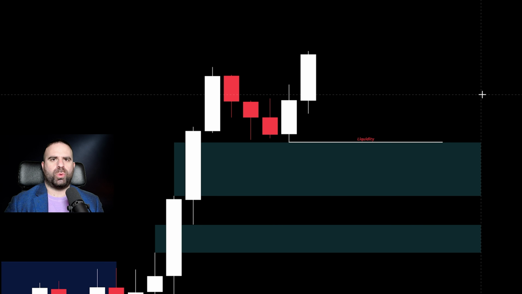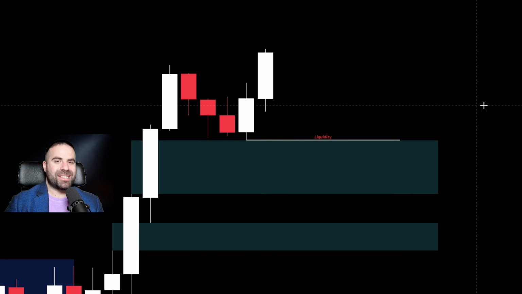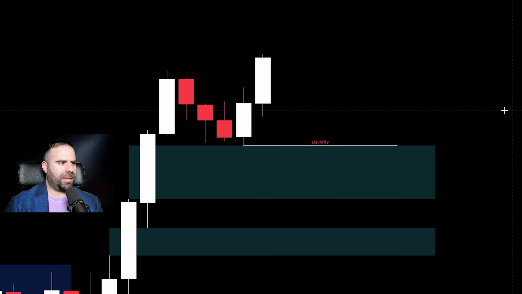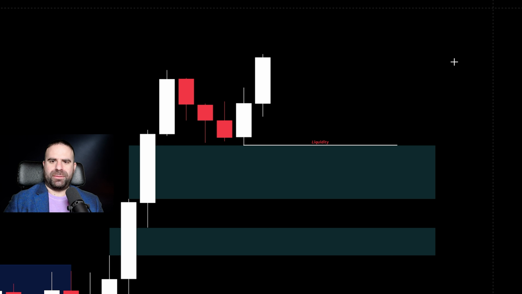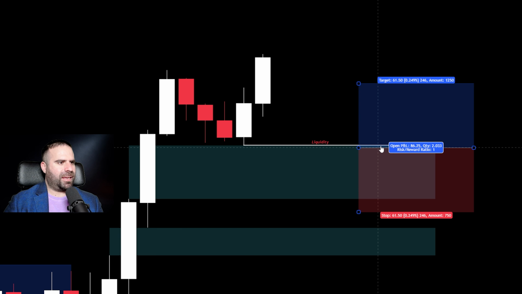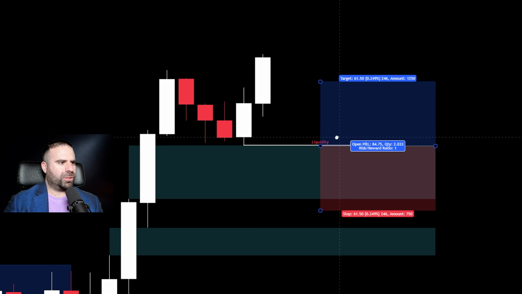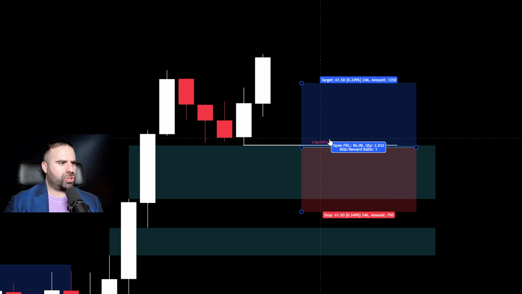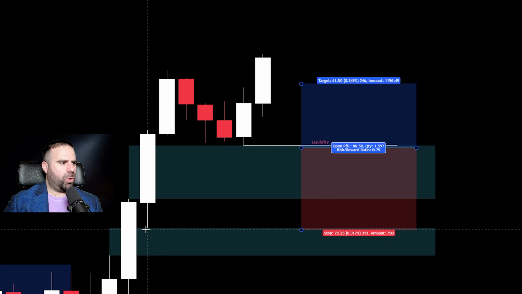I don't want you to wait for silly confirmations because you will be sacrificing a lot of RR, and we don't want to do that. We want to enter as low as possible. Your liquidity has been created. Where am I going to be taking my trade? I am going to be taking my trade exactly right here, pending order right below this low, of course, right below the liquidity, with the stop loss below the low of candlestick number 2 for this fair value gap.